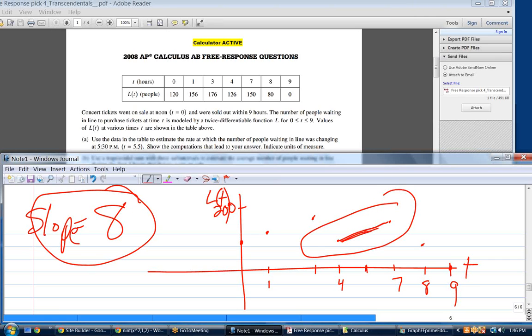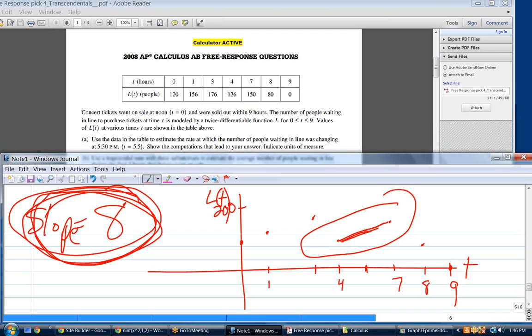So, what does that tell us? The number of people waiting in line was changing at 8 people per hour, which makes sense. In other words, you don't go from 126 to 150 without increasing. And the rate is, if we added 8 people every hour in line, then we would have 126 at 4 o'clock, 150 at 7 o'clock. So that slope makes sense. And the rate of change is 8 people per hour for A. So then,